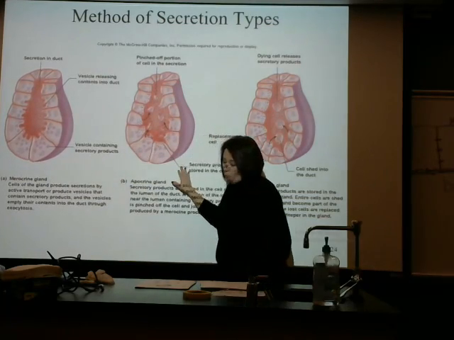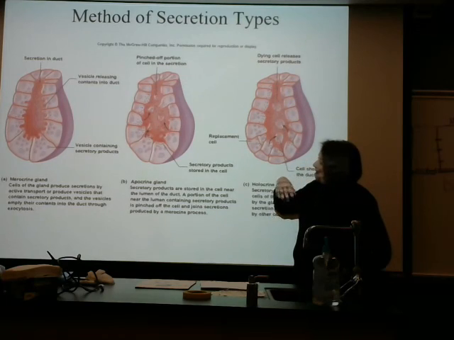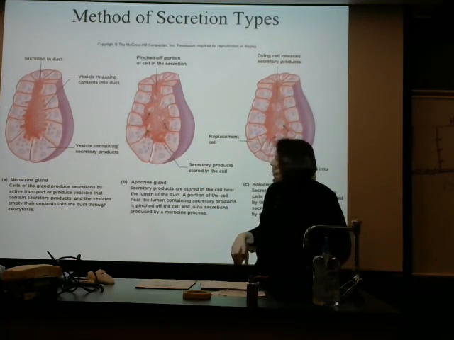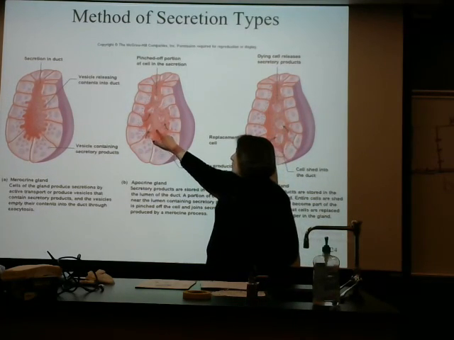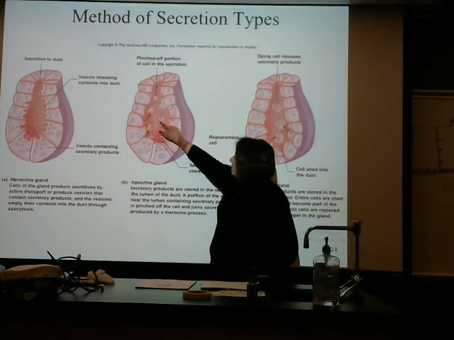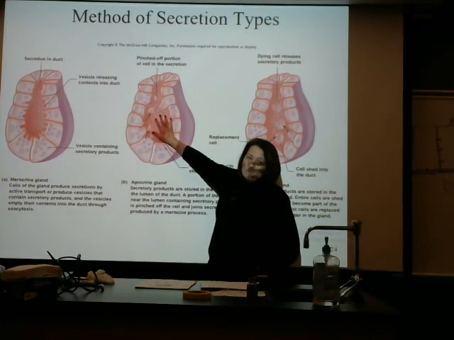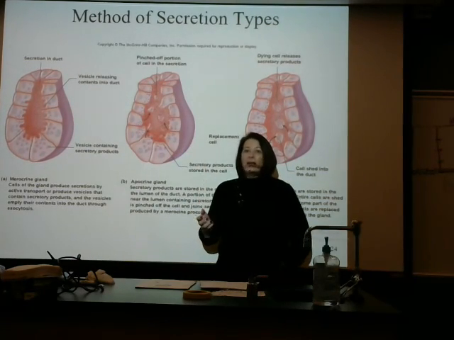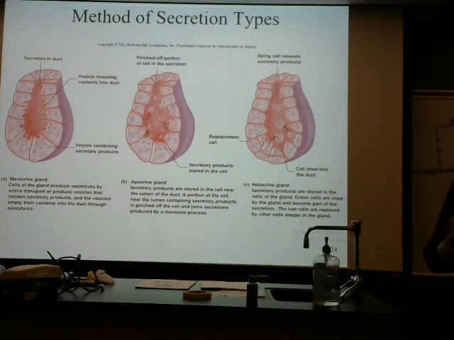Now, when we begin to think about this one right here, breaking off little pieces, it's got the product, and not only is the product being expelled, but also a piece of the cell. This is what happens with mammary glands, and it makes it have the milky substance. Now, the reason that I'm using that example